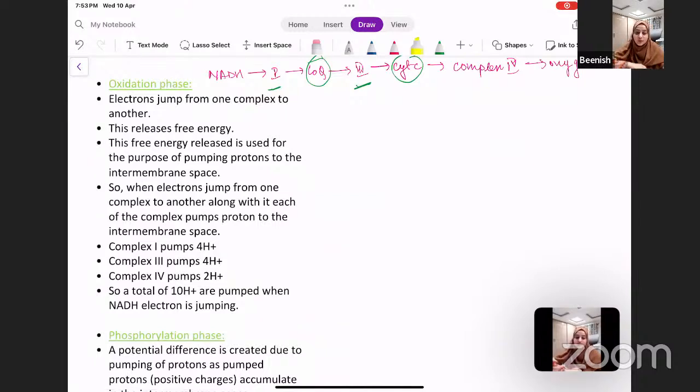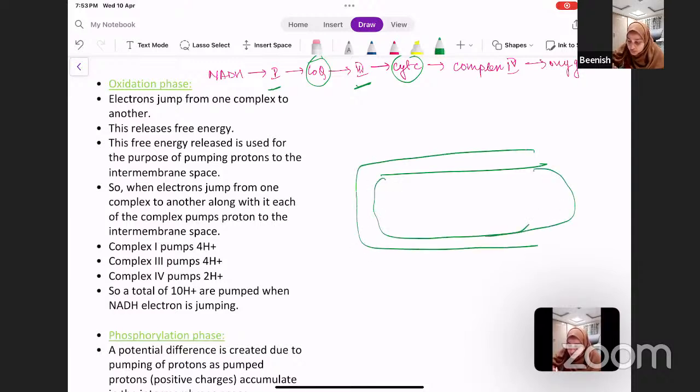Now let's take the oxidation phase. So what is the oxidation phase? The electrons jump from one complex to another. So this releases free energy. It is an exergonic process. This free energy released is used for the pumping of protons to the intermembrane space. So basically what it is trying to say is,